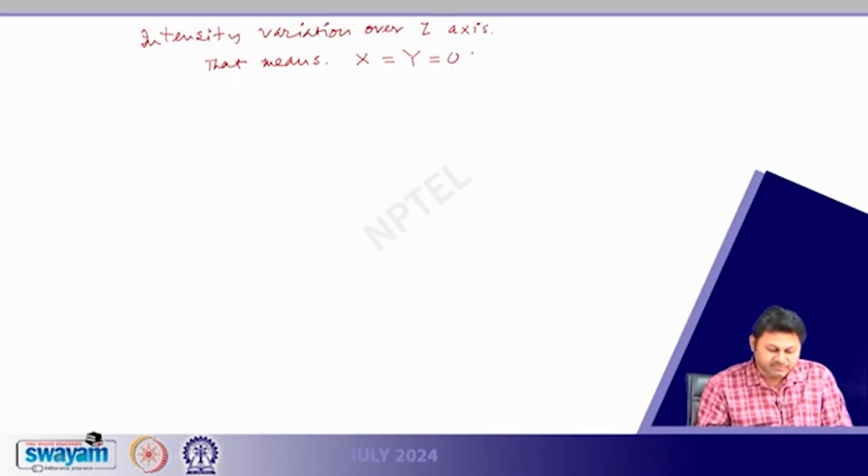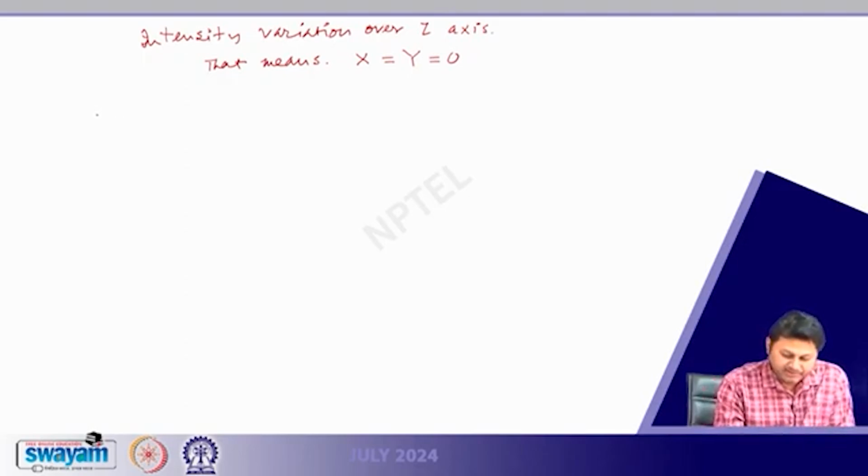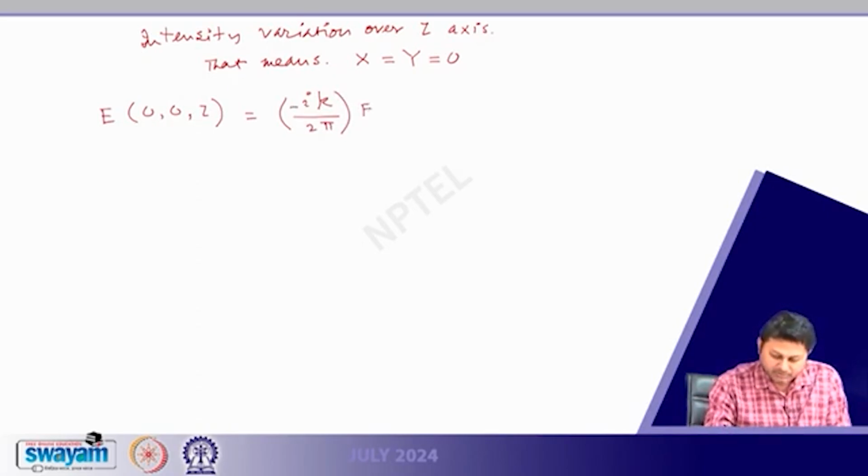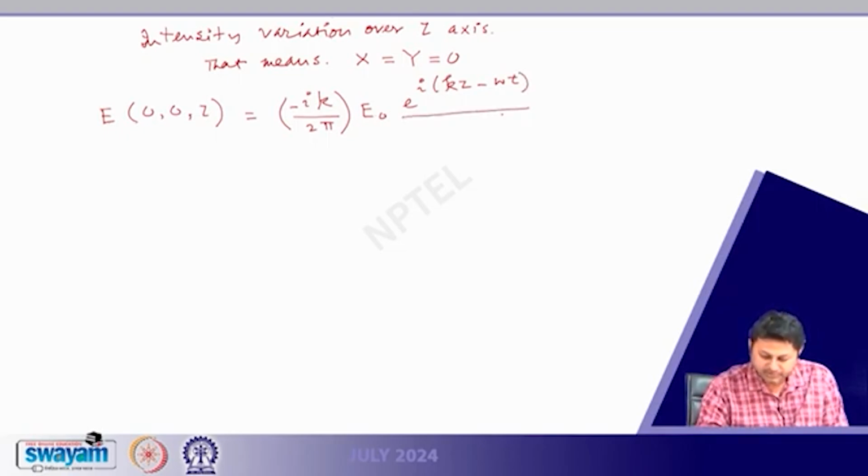As soon as I do that, my integral becomes very simple, and I can write that the total E for the point 0, 0, z is essentially minus i k divided by 2 pi, then E naught, and then e to the power of i (k z minus omega t) over z,